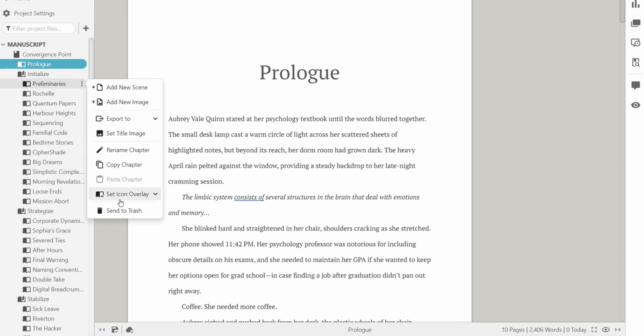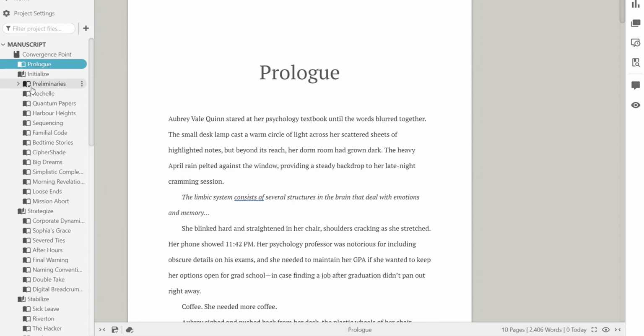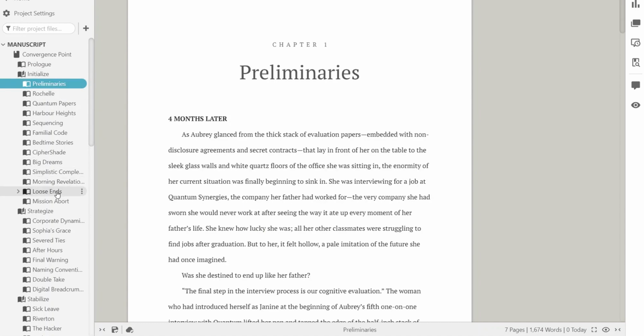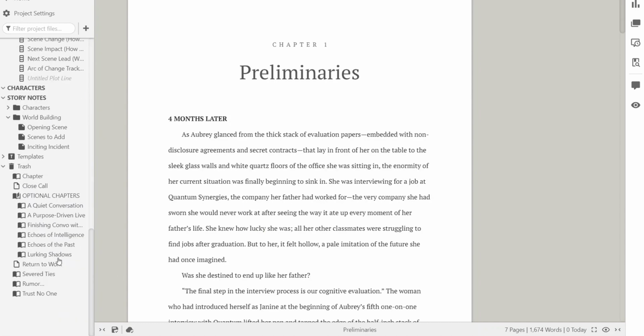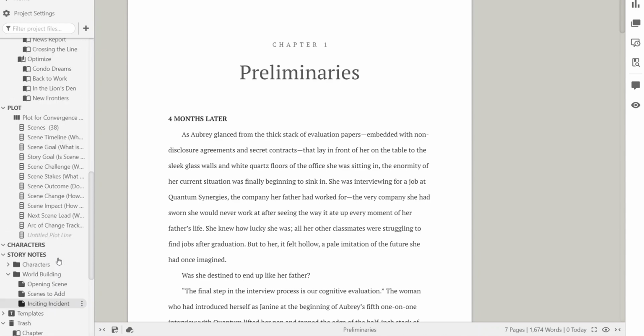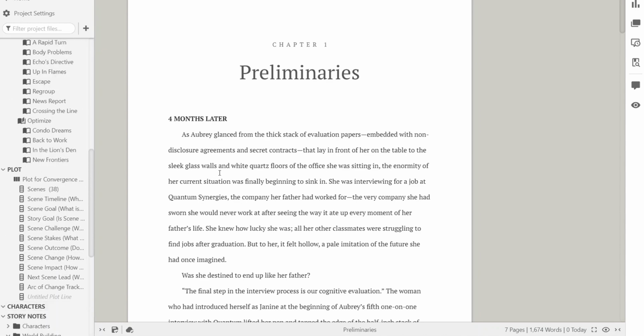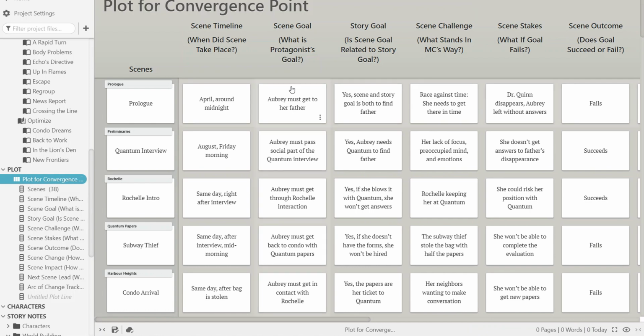So let's say you might want to keep track of where you are with writing or editing. You can maybe select this option to show that, oh, you finished working on this particular chapter. Another cool thing you can do in DABBLE is you can plan your story using scene cards, plot cards, like a plot grid. So what I've done with that is